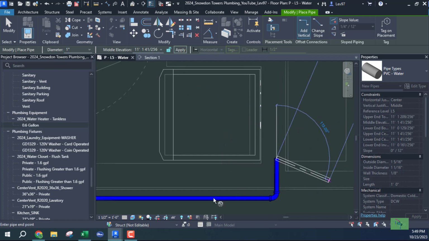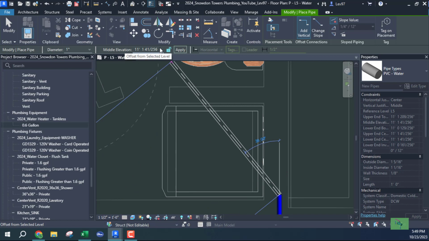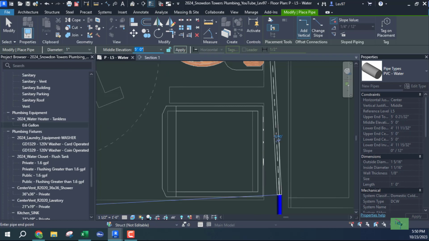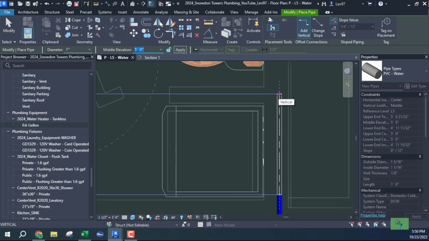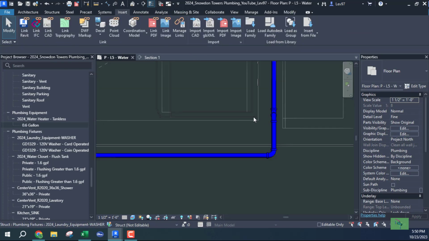Okay, so I clicked, and now what I want to do is go up and make my middle elevation 5 feet. Okay, so let's go back and make that 5 feet. So I'm going to extend it out so that I can create those 2 elbows. And these 2 elbows, let's go to a,